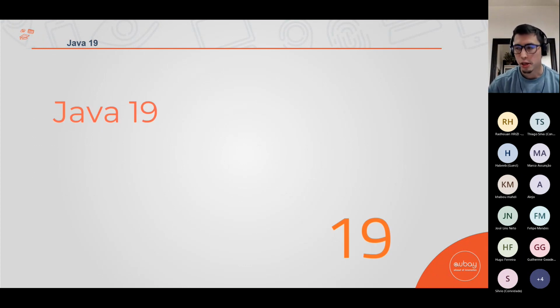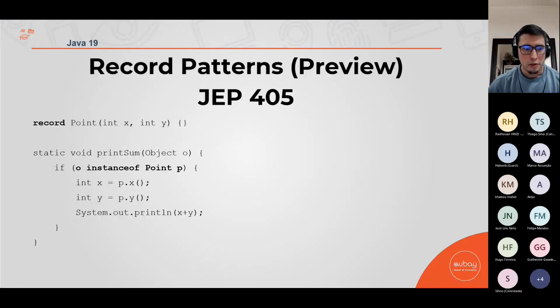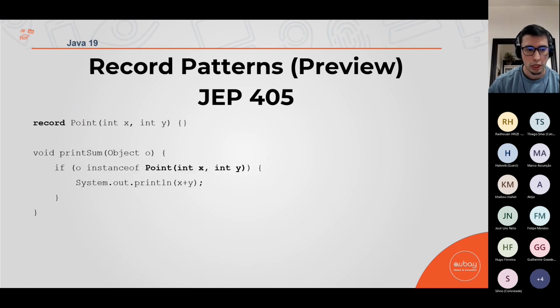Now we'll talk about Java 19, and this is our latest version. The first thing is record patterns, done by JEP 405. So now we can do instanceof for records, and not just that, we can also do this.